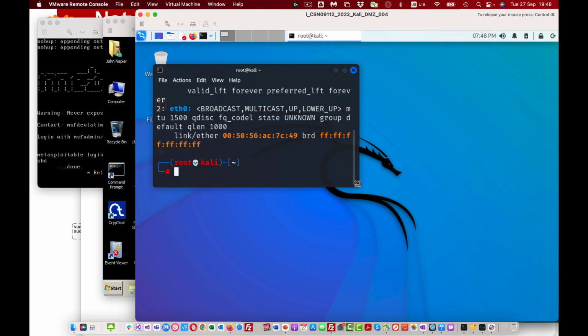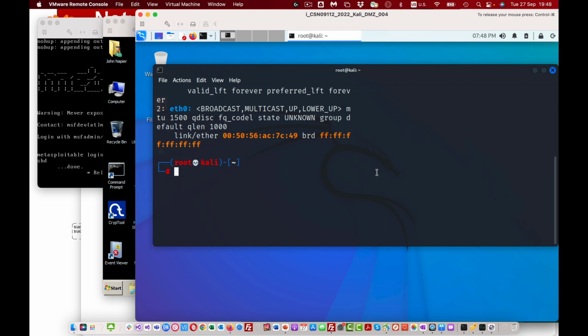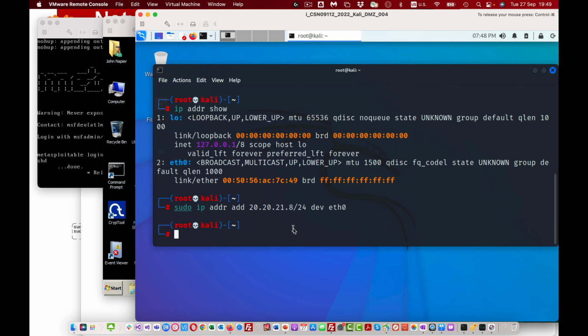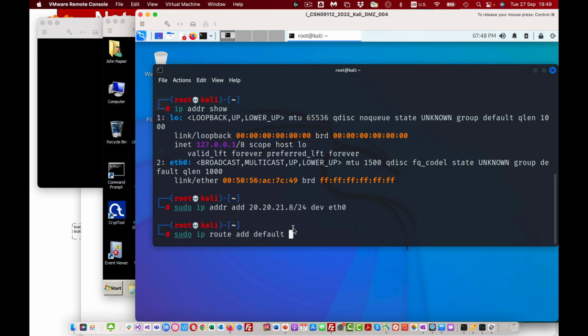Okay, so we'll just see what address it's set up for. Okay, no address, so we'll set that up just now. That's 20.20.21.8. That's fine. And then we'll set up the default gateway, which will be 20.20.21.254